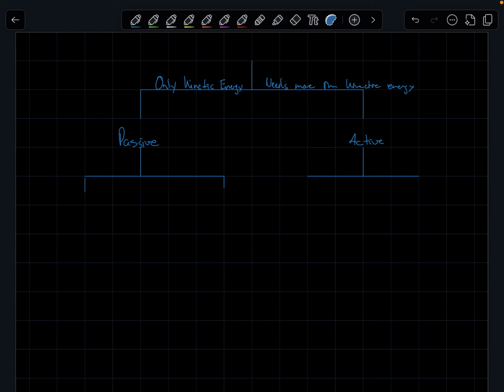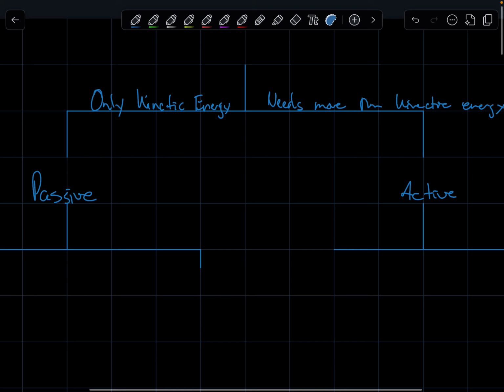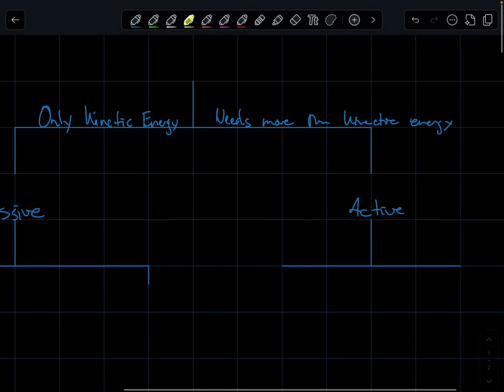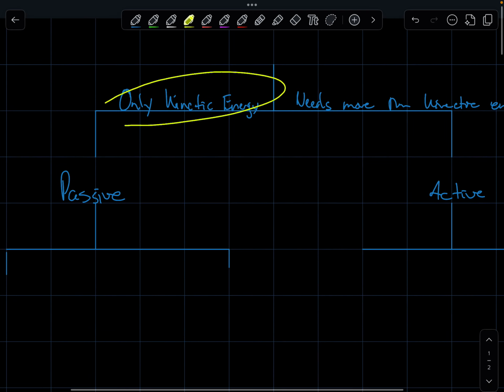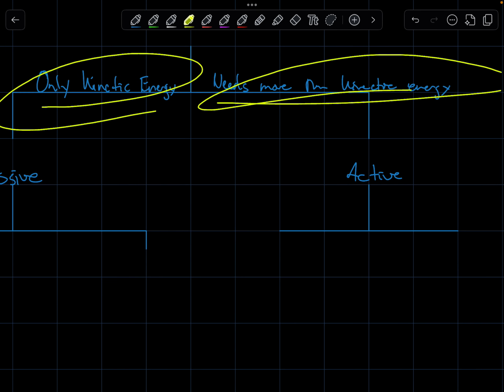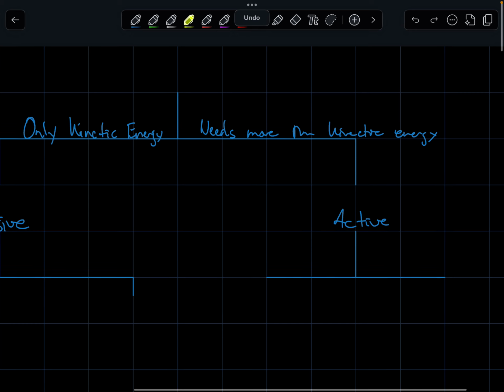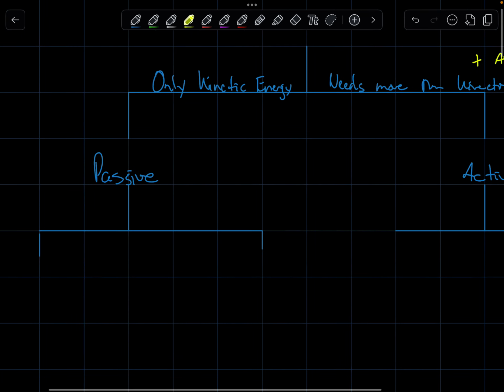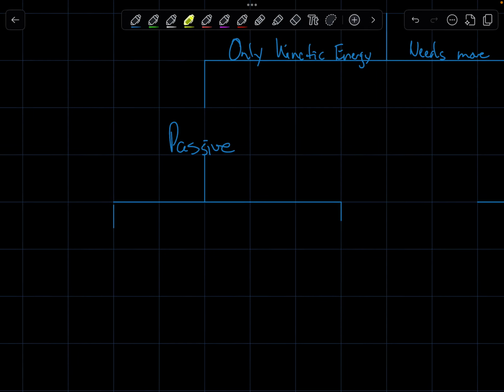Today we are going to talk about protein-mediated transport. Now there are two types of protein-mediated transport. There's some that do only kinetic energy, and some that need more than kinetic energy. So that probably will consist of ATP or GTP. But we're first going to start with those that only need kinetic energy, so are passive